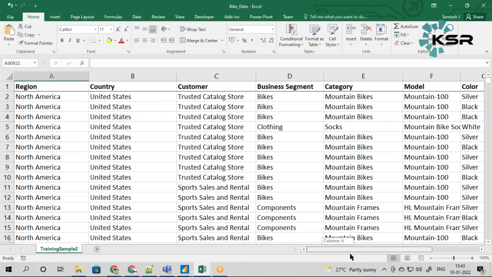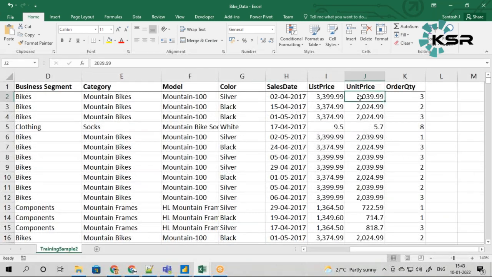Now, how do you handle this? We know that unit price is like the cost involved for every product. Let's say you go and assemble a bike. How much effort is required? How much does each part cost? That is nothing but my unit cost.